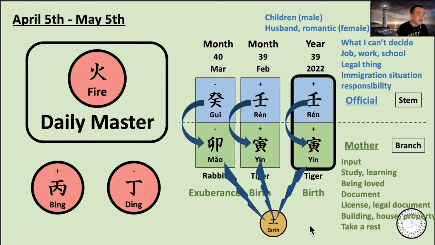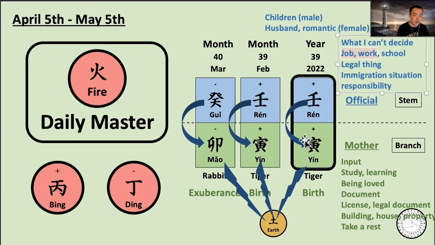So it could be simply saying it could be from the job or from the work, they require me to study something, or in school, they require me to study more, or because I want to get my job, because I want to work in a better place, I want to study more. That is one example. But this official spirit in the heavenly stem as water comes from the last 3 years,